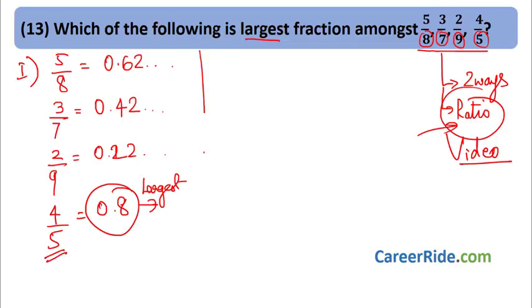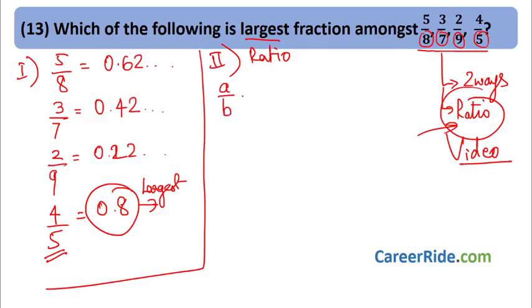Now let us see the second method, which we also saw in ratio and proportion. What is the trick? Say there are two fractions, a upon b and c upon d. They are not equal, but there are two fractions, a upon b and c upon d. Now just cross multiply. What will you get? AD over here and BC over here. So if AD is greater than BC,